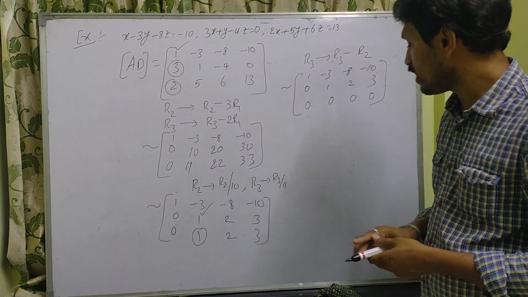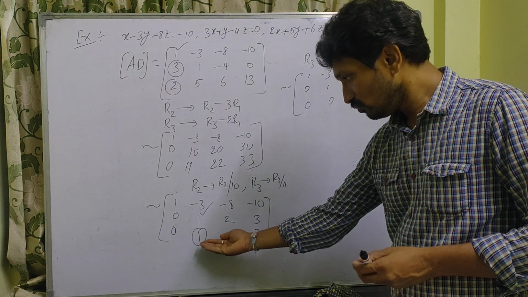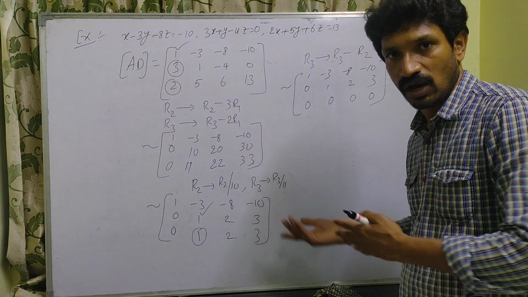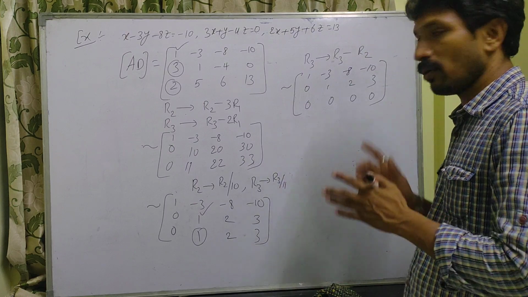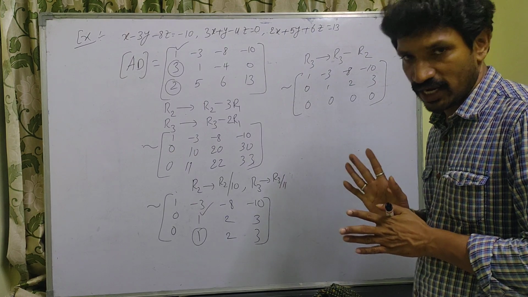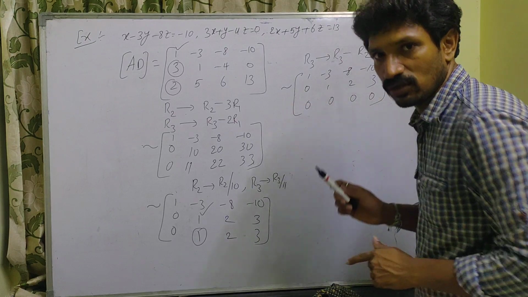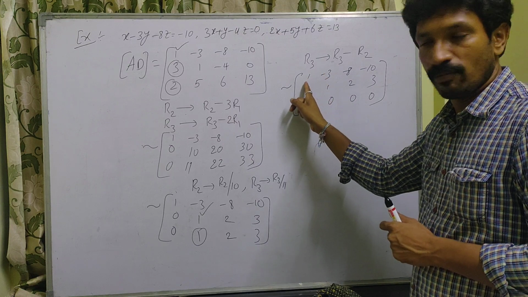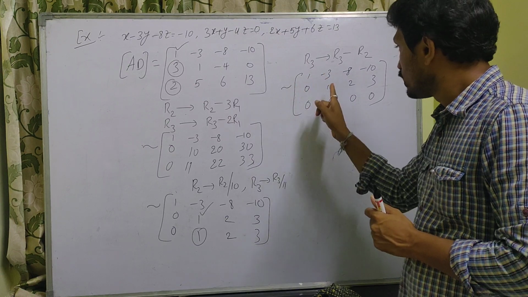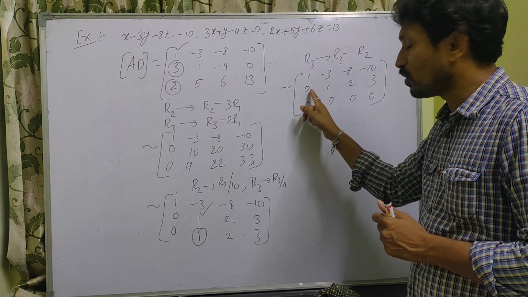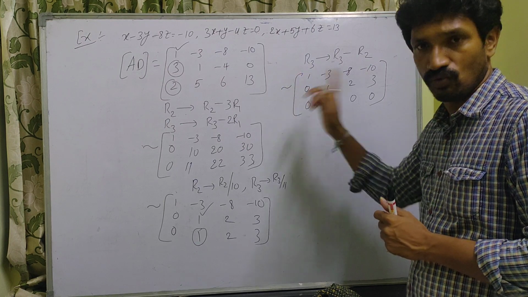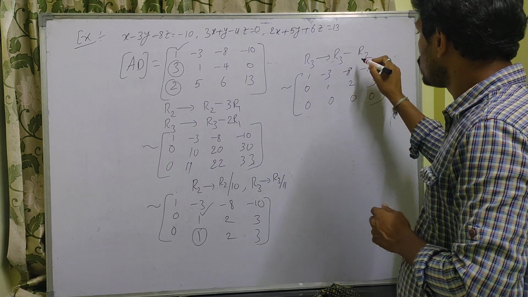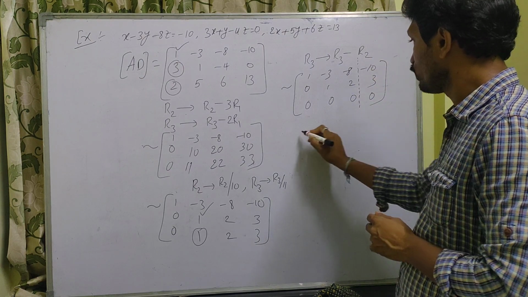See, once we observe here, to make this one 0, all these are converting into zeros. So no problem, even though it is in echelon form only. So don't observe the last row. The remaining 2 rows we have to observe. Before the first non-zero number in the first row we have no zeros. In the second row, before the non-zero number we have one 0. So here 0, here 1. So it is also in echelon form. Now observe the rank of A and the rank of the augmented matrix AD.